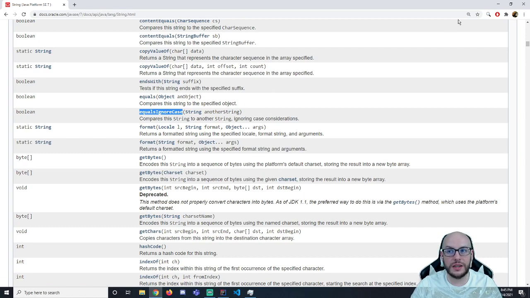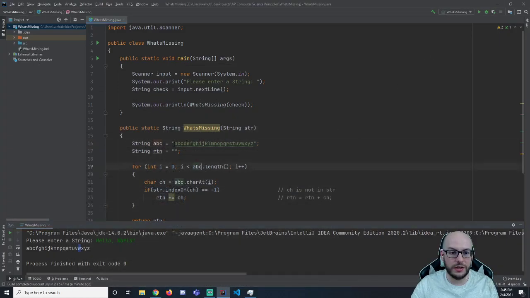What I really need is to basically take my string, make it all lowercase. Right? If we look at our ABC string, we're using lowercase letters. So what I want to do is take this string, turn it into nothing but lowercase letters. That way, whenever I go to search for a lowercase letter in that string, I'm able to find a match. Again, we're not using equals. So that method that I just talked about, equals ignore case, isn't actually going to help us here. What can help us